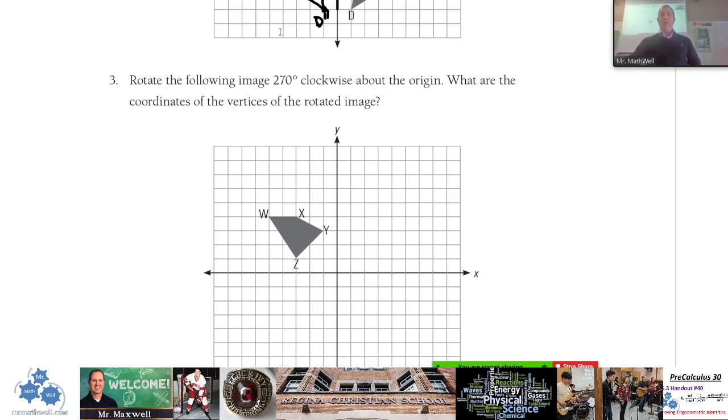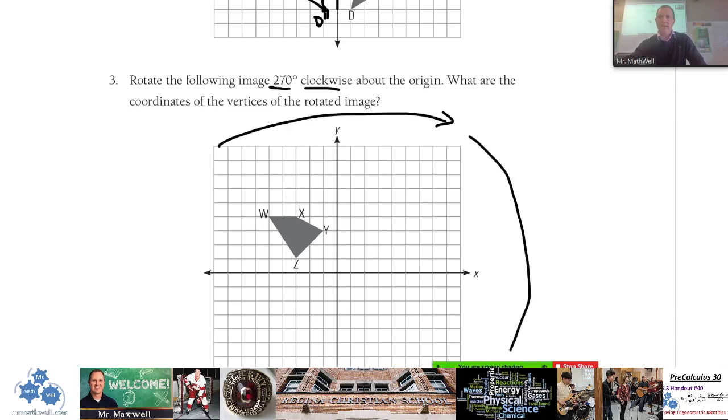Very tricky. But what you want to think about is this thing, and I guess it's going to be over here from where you're looking at it. And you're going to rotate it. Because the camera's backwards, it's going to be hard for me to do that. But it says rotate the following image 270 degrees clockwise. So, of course, clockwise goes this way, right? There's clockwise. 270 degrees,